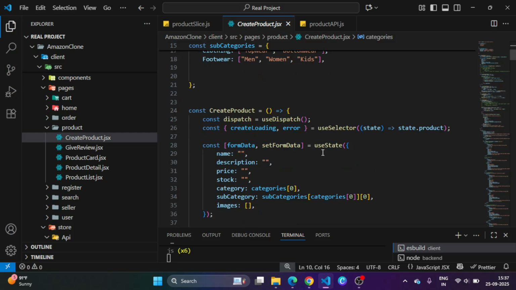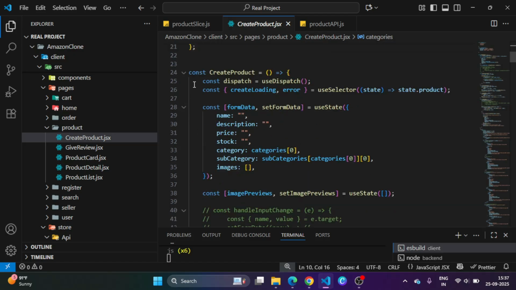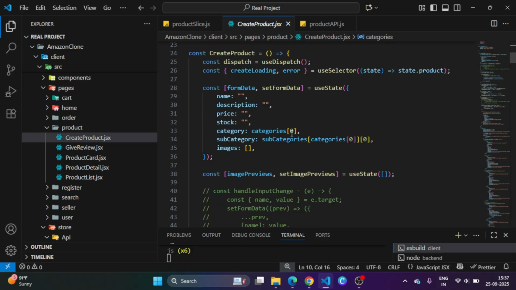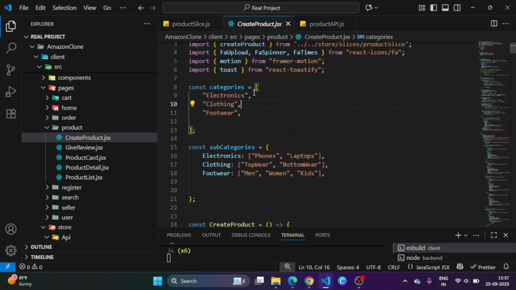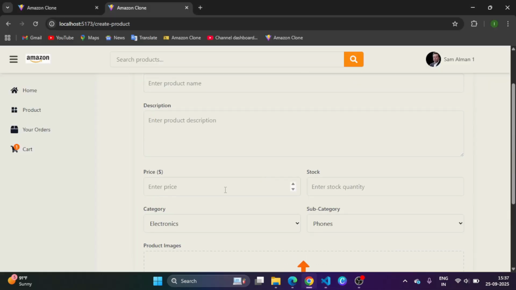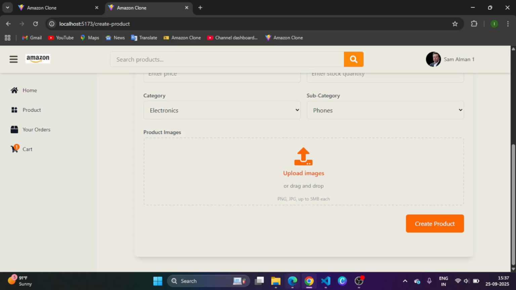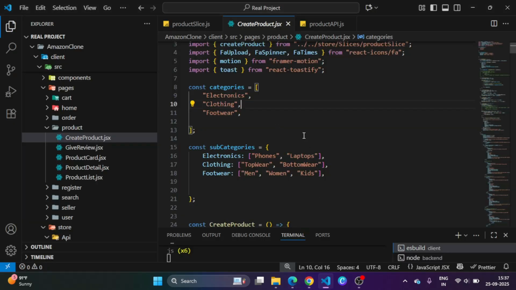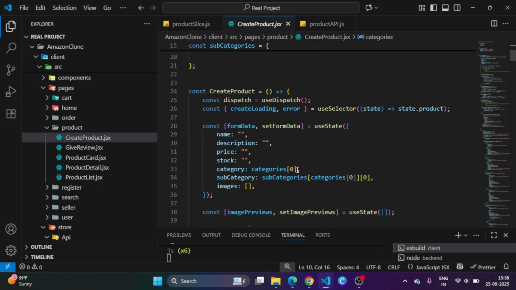Then we are getting loading and error from the product store. And then this is the useState. Name is an empty string, and then all the other things, and then category. First is 0, then second, third. If you look, we have already selected electronics, because we made it 0. If you change it, let's say to 1, you can see